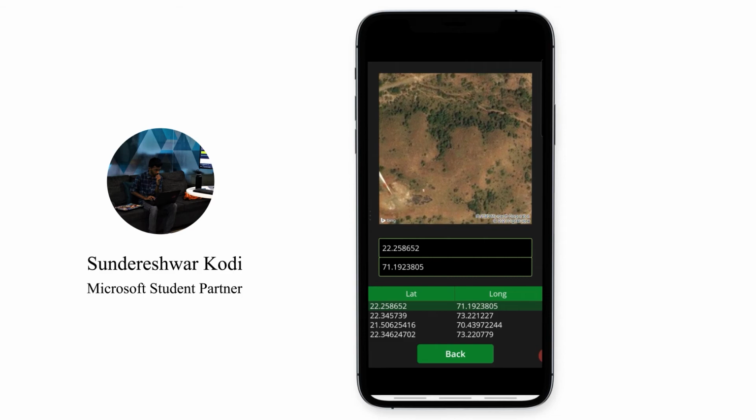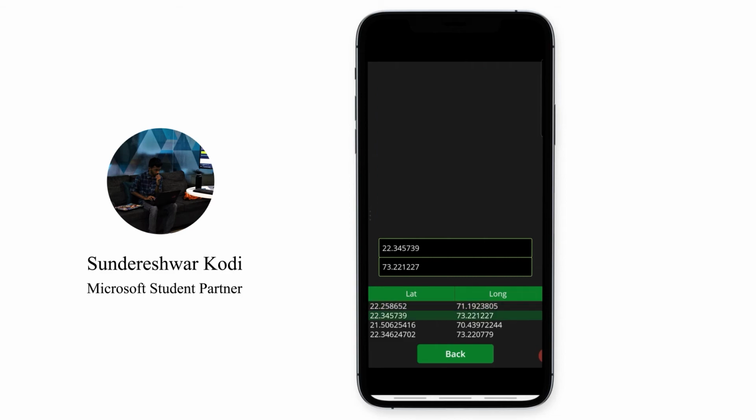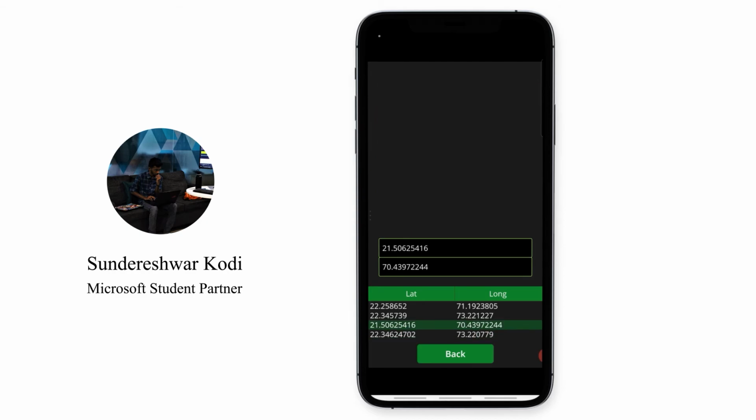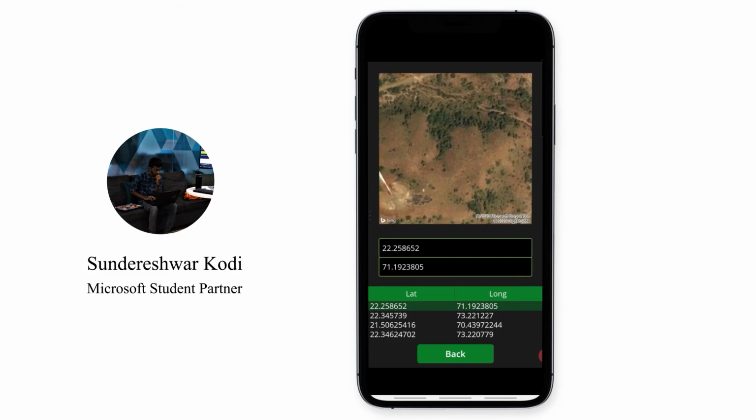So these are the database entries, the longitude and latitude. So these are the previous things. So it was highlighted. So these are the things that are testing. So this is the place. So this was the latest record that has been recorded in this database. So here's the place that I live. So I did some testing with my friends from different locations. This was, I don't know, a random location my laptop was catching.